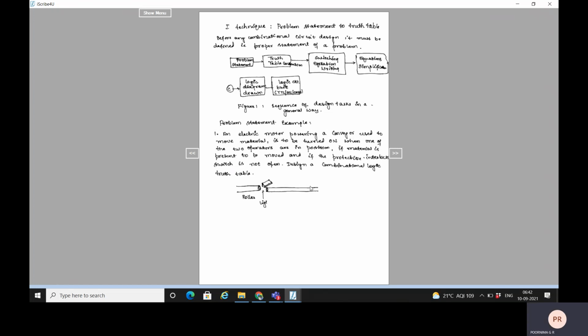In between this, there is a light sensor switch. It is represented as S. And on the conveyor belt, we have a material M,